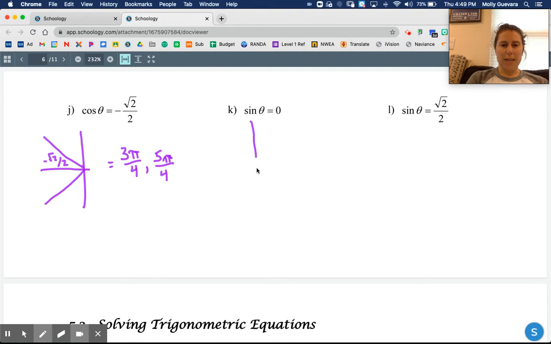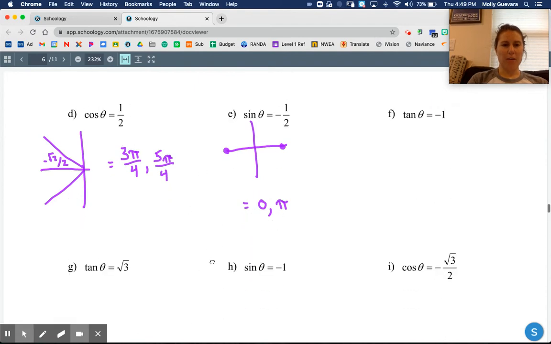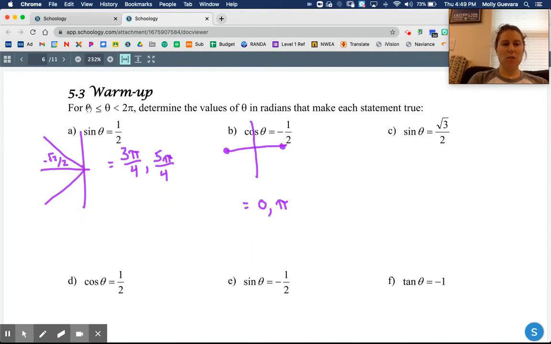All right, sine of theta is 0. So that is this point here and this point here. So the first one is 0 and the second one is pi. The reason you do not write 2 pi, and let me scroll up here, is because notice on